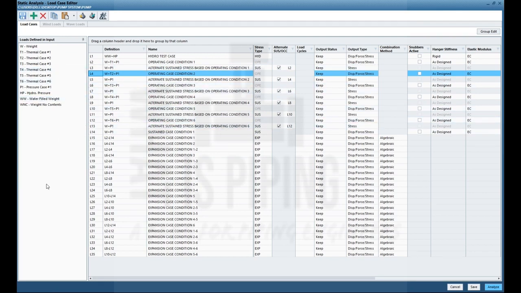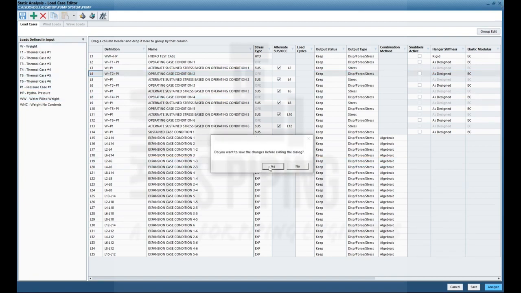Now to define those wind and seismic load cases, those loads must be defined and coming in this input so that we can use those loads defined in input. Here it is not coming, neither wind, nor seismic, nor uniform load, means we have not defined them yet. So we have to go back to our input screen and define parameters for wind and seismic. For that we will close this one and we will save it.